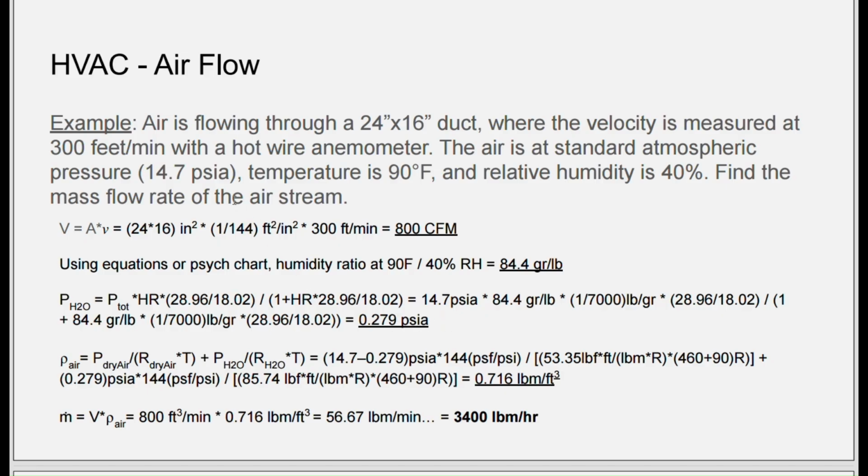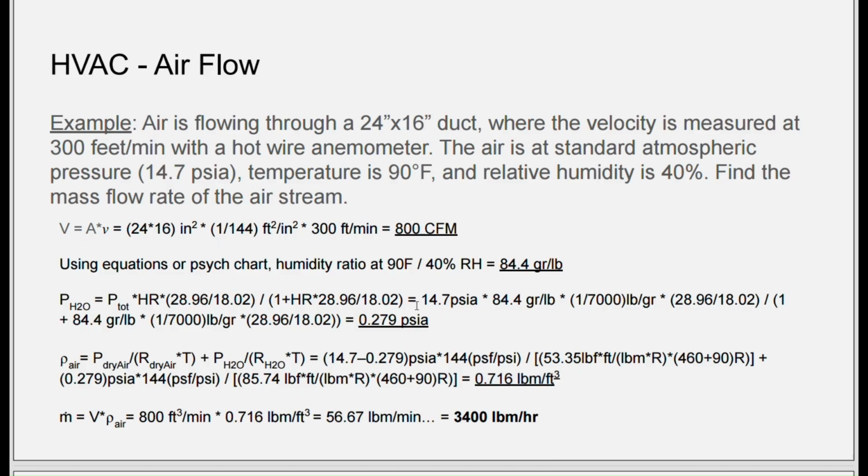Take 14.7, which is the total pressure, minus that from our Dalton's law. We know that difference would be our dry air partial pressure. With that, you can find your density of dry air and water vapor, and then simply add them together to get the total air density. And when you add the densities together, you wind up with a density of, that should be